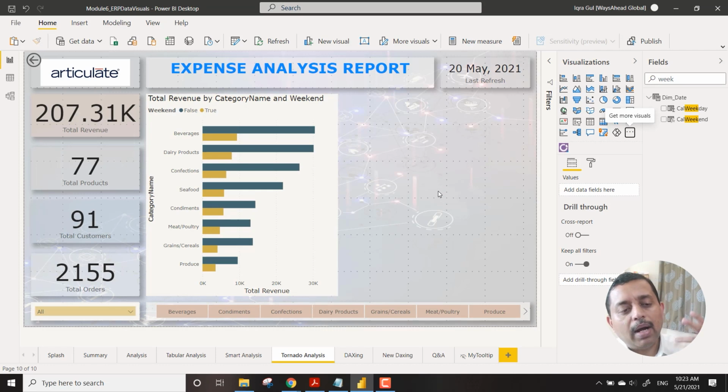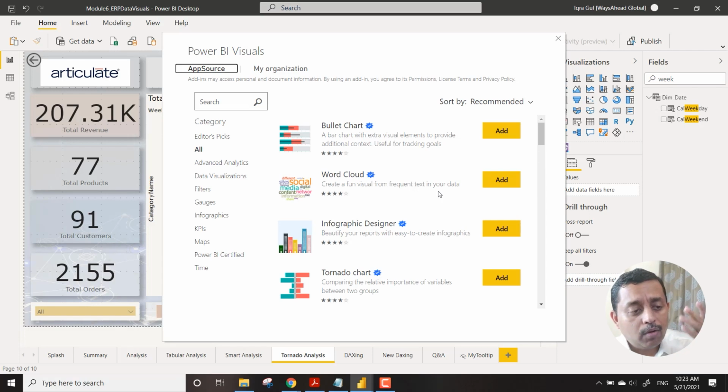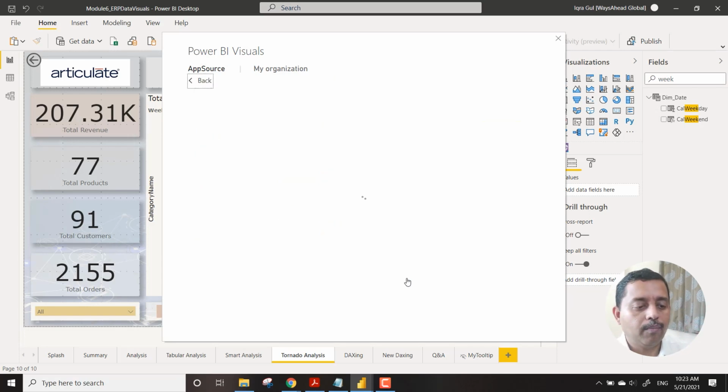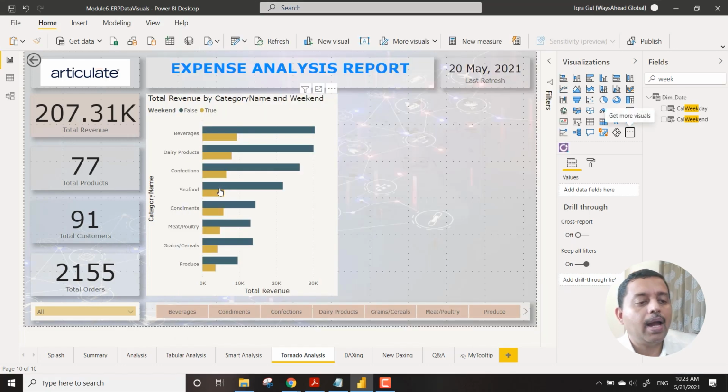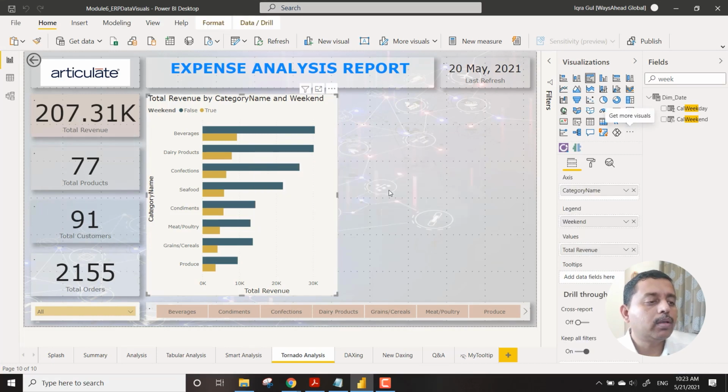So marketplace has got many visuals, almost related to infographics, related to gauge, tachometers. So many things are there. But what we are going to take is the top fourth one. You can see, over here, tornado chart, and we say add, and we add it. It gets added. So the process is very simple.